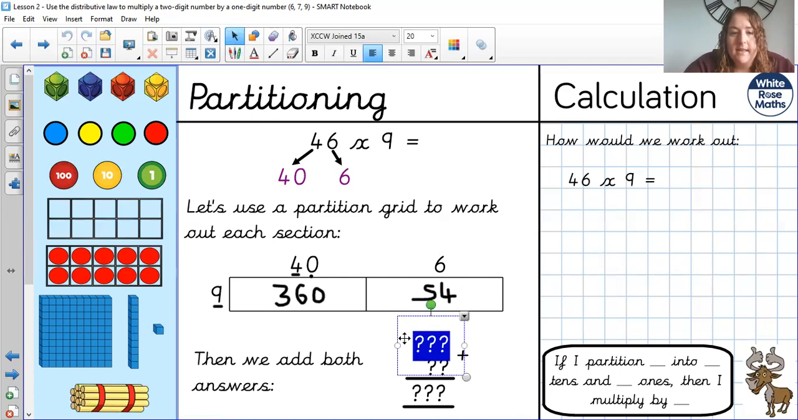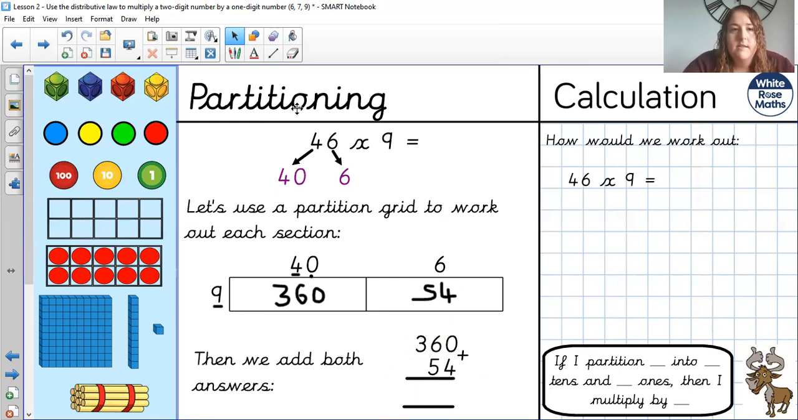I'm going to pop them in here this time. So 360, and I'm adding 54. Okay, so 0 add 4 is 4. 6 add 5 is 11. So I carry that 1. 3 add nothing, add 1 is 4. So 360 add 54 is 414. So 46 times 9 is